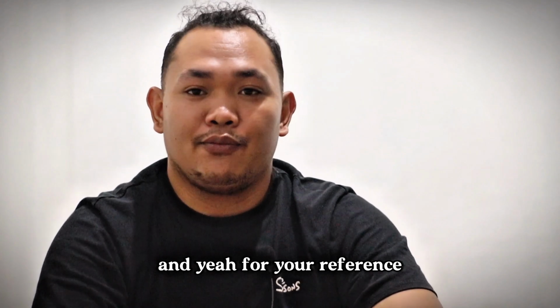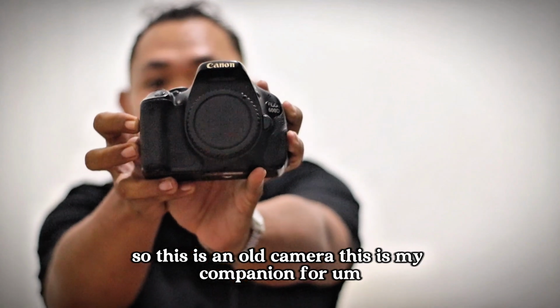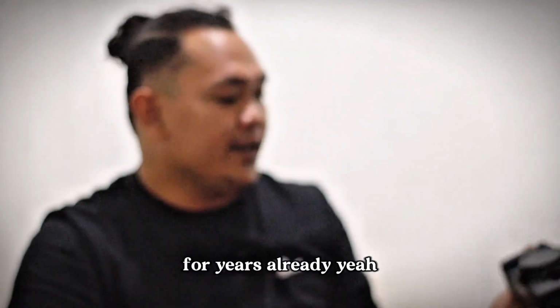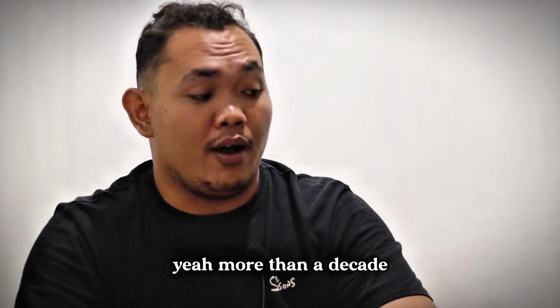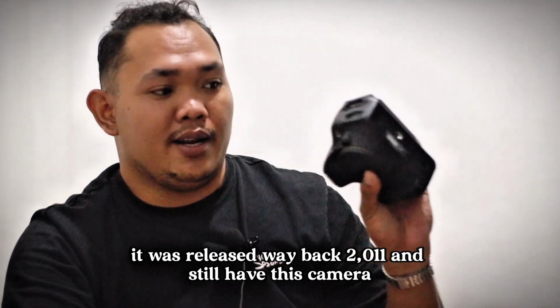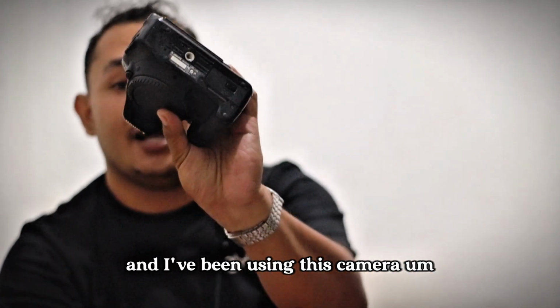And for your reference, I have here my old camera. This is my companion for years already. It's been almost a decade, more than a decade. It was released way back in 2011, and still I have this camera, and I've been using this camera